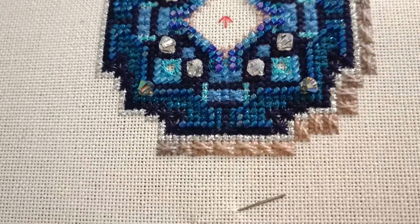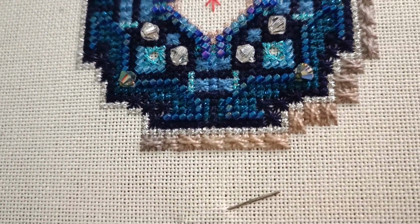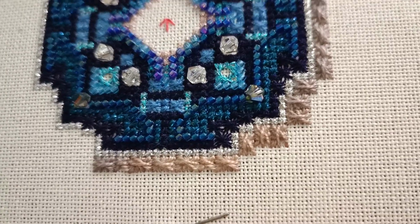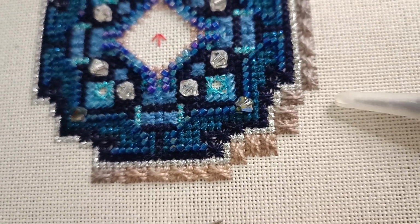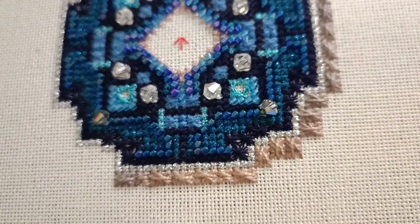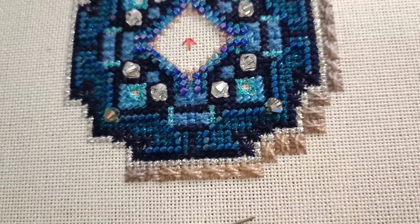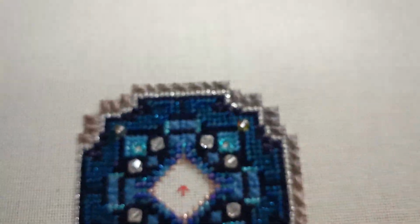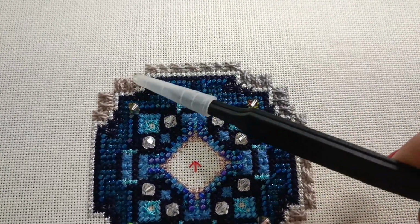So metallics are my love. I absolutely love it. I don't know if you can see close by. These are supposed to be stones as they are, described in the chart that I have. So I don't know, but I still need to finish them because I've been stitching them around over here, and